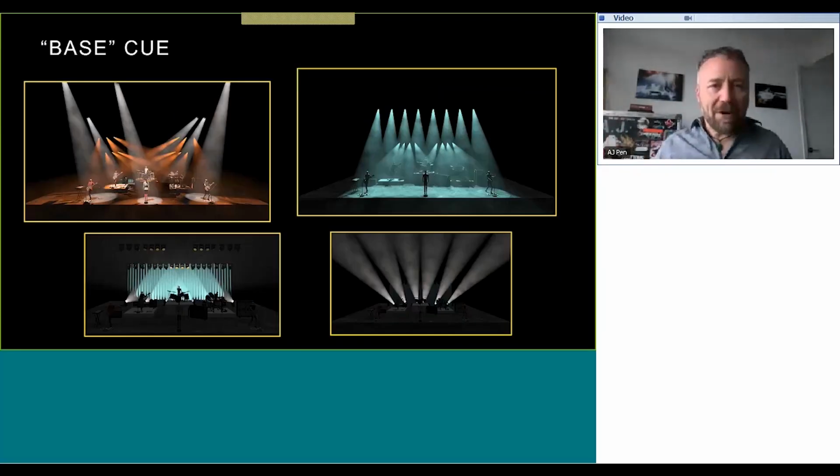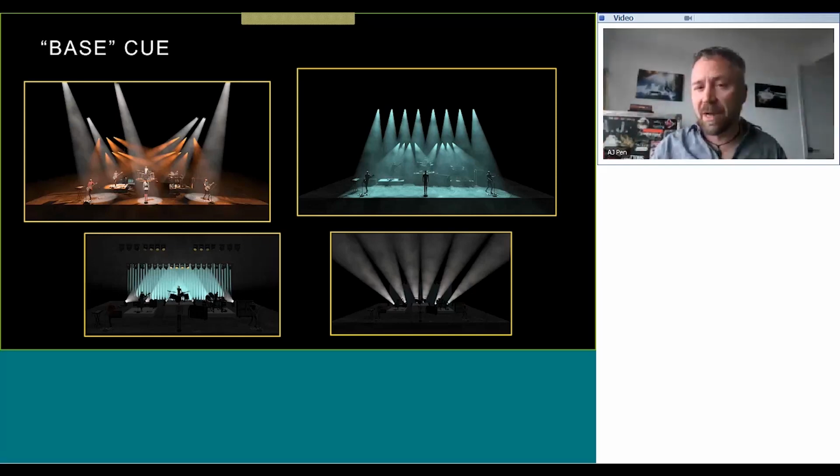The primary function that I was speaking about for all of these fixtures can be living in a handy-dandy base cue. I differentiate the base cue from like a fixture library default, whereas you just take your fixtures, you have a cue running below all of the other processes that has all of your fixtures pointing at their primary location, perhaps with a specific beam size, and maybe in a default color.